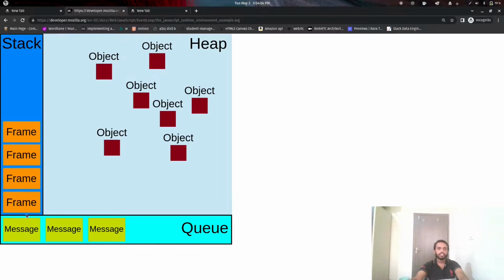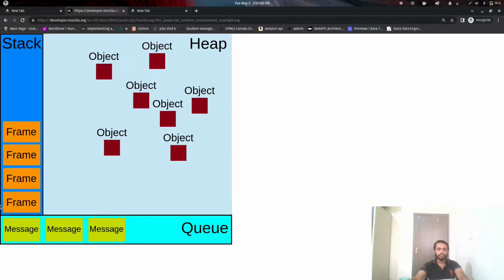Firstly, I am going to explain the stack segment. The stack segment is the part of memory assigned to static variables, like variables which have a data type: numbers, strings and all the primitives included in JavaScript. All the memory of those variables is assigned in the stack segment. Also the reference to an object and the reference to a function are saved here in the stack segment. Here you can see we have a frame-like structure.